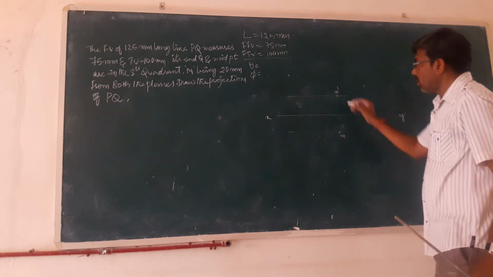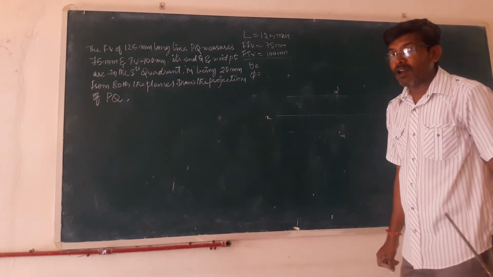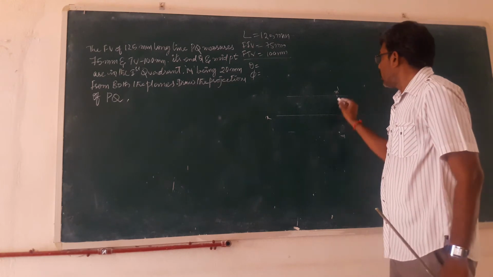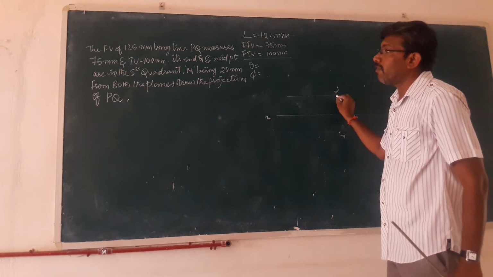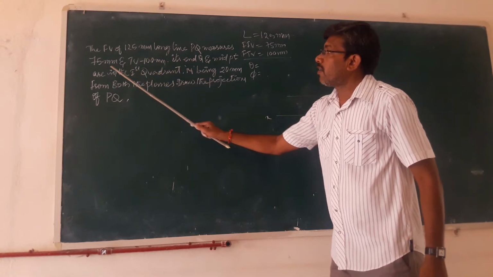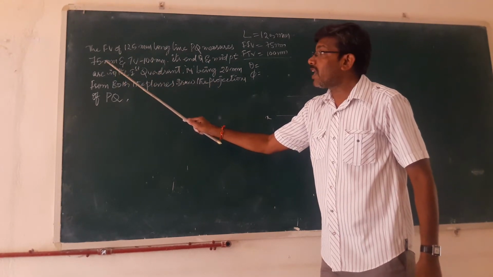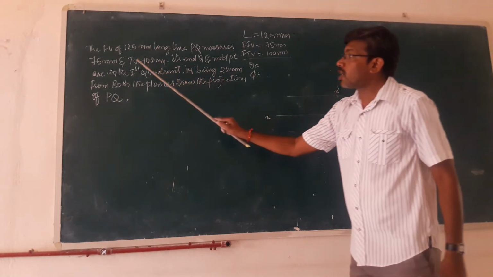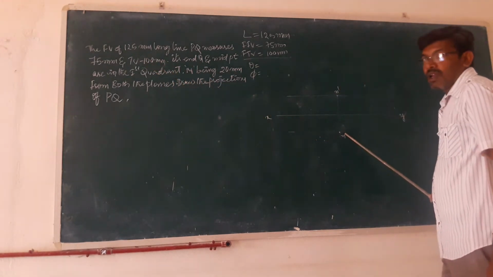Okay, I'll pass through these 2 points and locate the line in such a way, right? So here, what is the final front view? The final front view is given as 75 mm. Okay, where do we get the 75 mm? Here, at this particular point. And the final top view is 100 mm on this one, right?